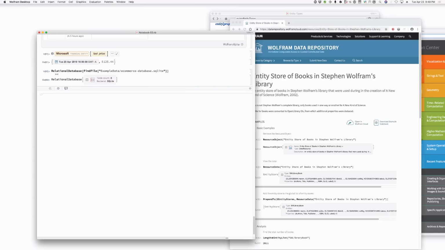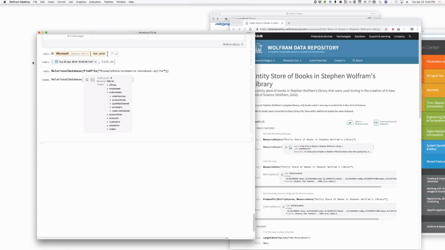So what this is doing is it's saying this is a symbolically represented relational database, and these are the tables. Each table is essentially an entity type. So for example, I could say here, let's see what I have to do here. I have to go ahead and I have to say,